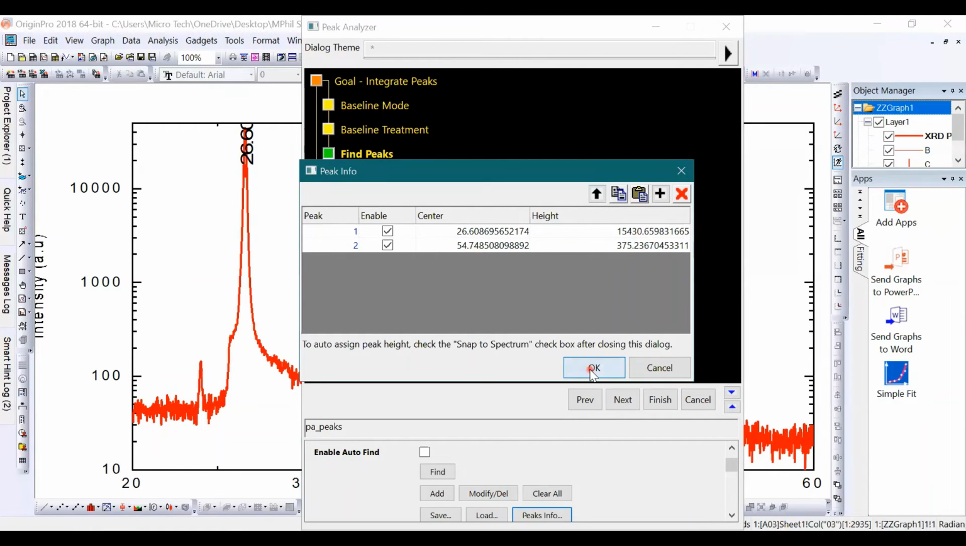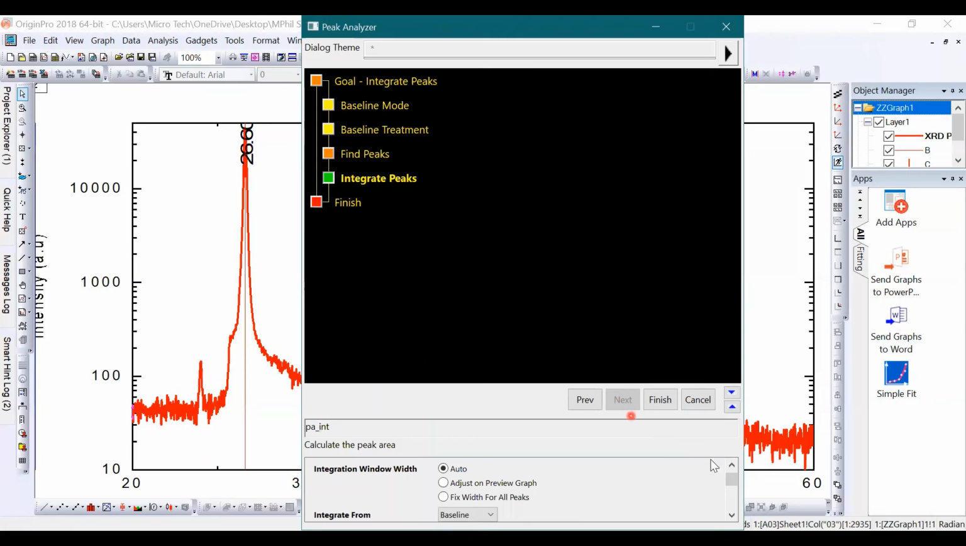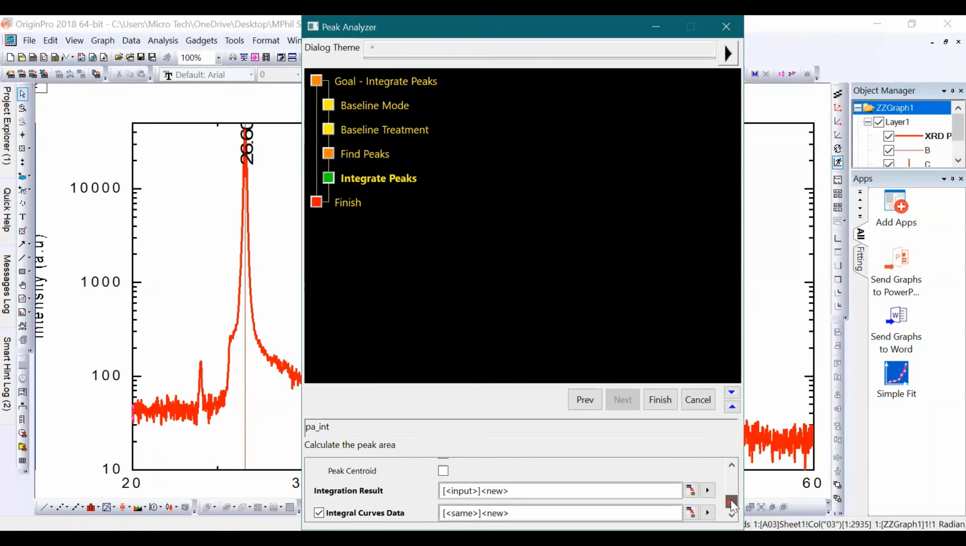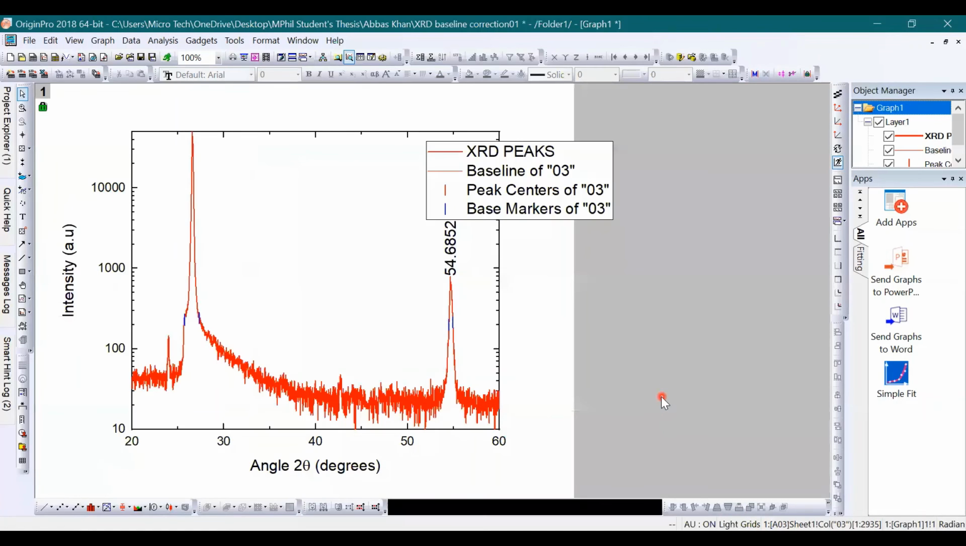Now click on OK, then click on Next, and after that you see, let me show you the different quantities which you can see here: peak area, percent area, and so on, and your desired quantity, that is full width half maximum, is mentioned here as well. Okay, now we will click on Finish. So that's how we have done all of the steps needed for finding the full width half maximum for each XRD peak. Now go to the data file,